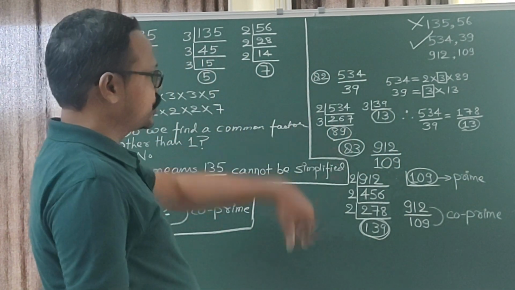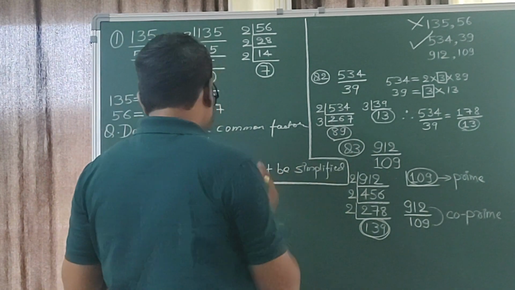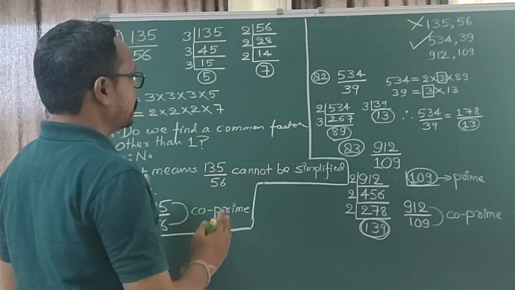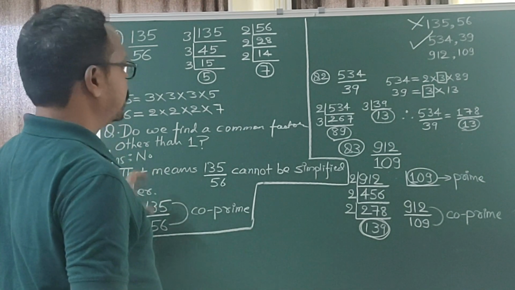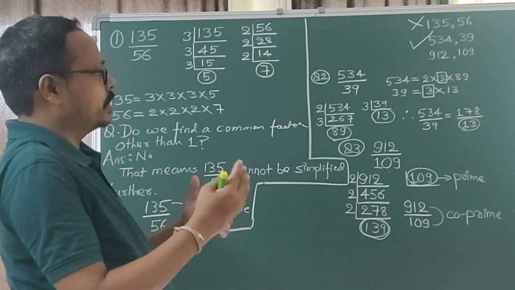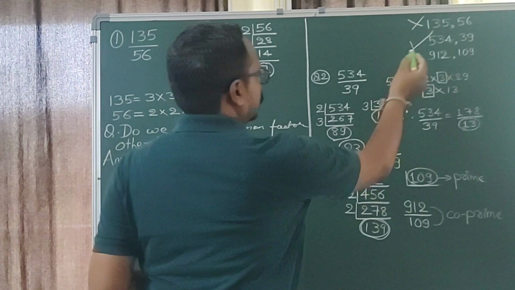So this is how we can check. With the help of prime factorization, right, we can check whether given two numbers can be simplified further or not, right? So question number 2 can be simplified